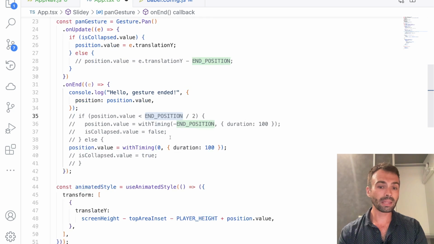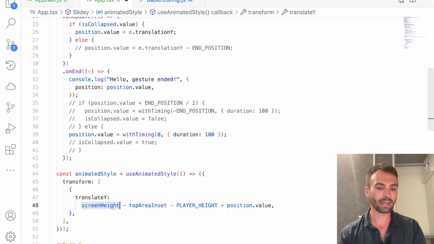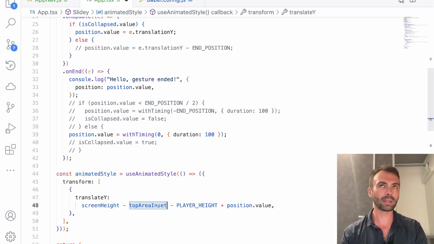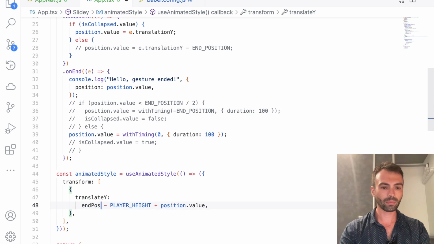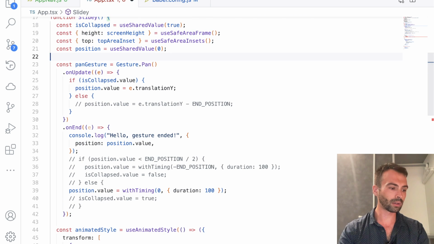So the end position is basically going to be some math here where we're taking the screen height minus the top area inset. And I think that is the end position, probably. So here, because these values are not shared values, we can actually just go ahead and create